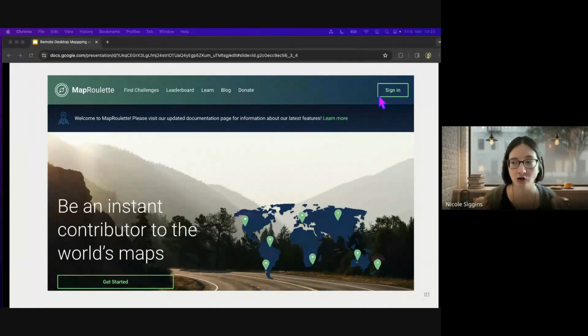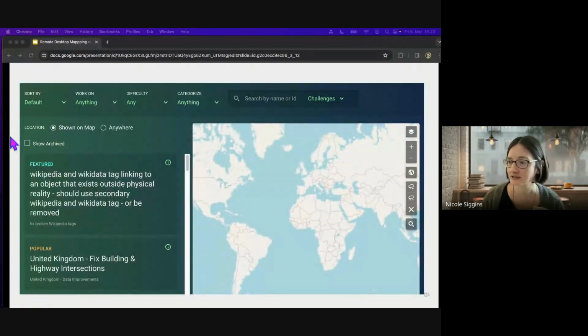And then you can log in and you can basically begin finding challenges. So this is what it looks like here. There's all kinds of different challenges. I could only get 2 features on the page here, but one of them is Wikipedia and Wikidata tag linking. So this is a very interesting